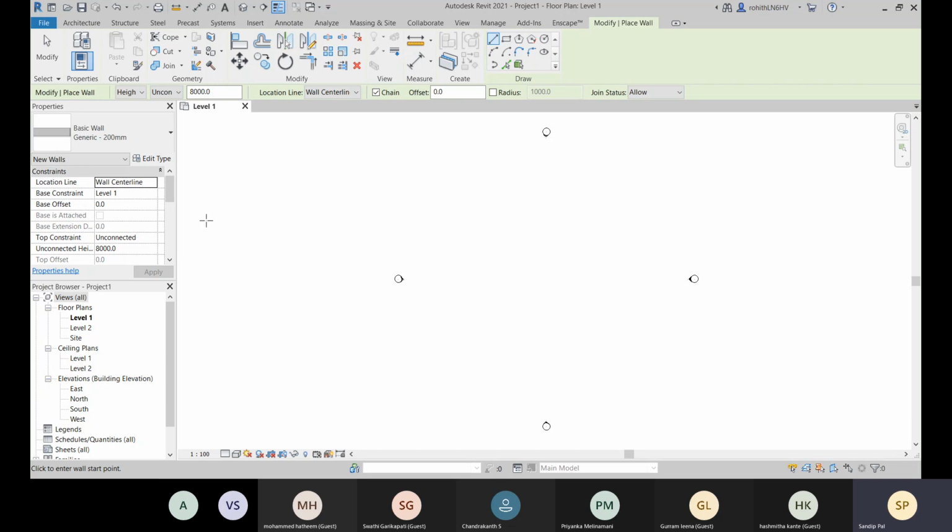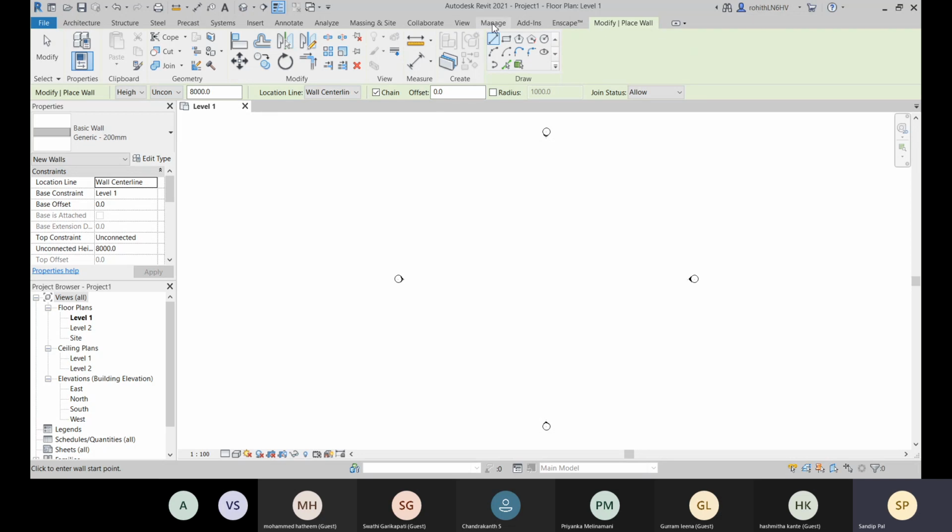So if you change your level 1 height, or if you adjust level 1, accordingly the base of your wall will be adjusted. So that's the benefit of considering the level. That's why the base constraint is currently level 1. In the default condition, where you are placing your wall in this floor plan, it will automatically be constrained to this floor plan, so you don't have to define it. You just have to define the top constraint. Right now the top constraint is unconnected and the default height is 8000 millimeters. So the current unit is millimeter.